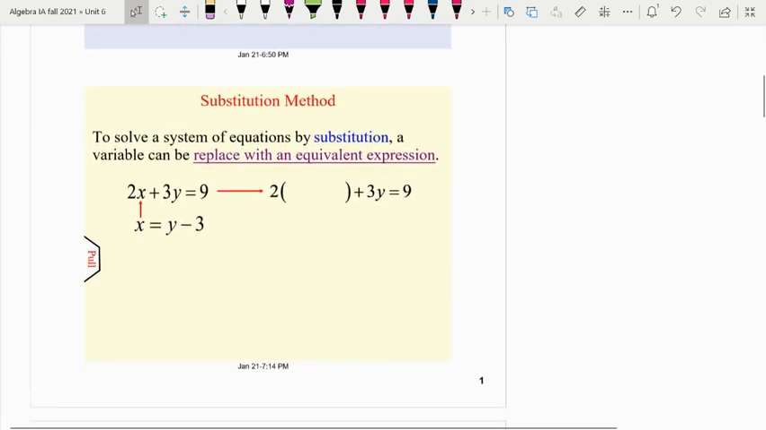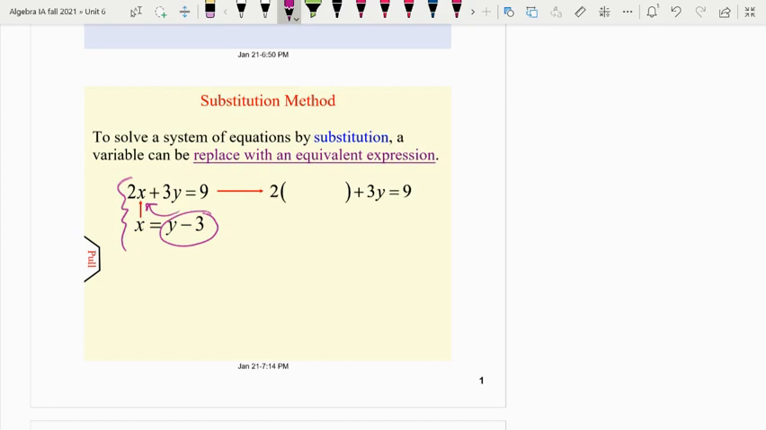All right, to solve a system of equations by substitution, a variable can be replaced with an equivalent expression. So in this system here, 2x plus 3y equals 9 and x equals y minus 3, we are going to substitute what x equals in the second equation into the first equation. So this is 2 times y minus 3